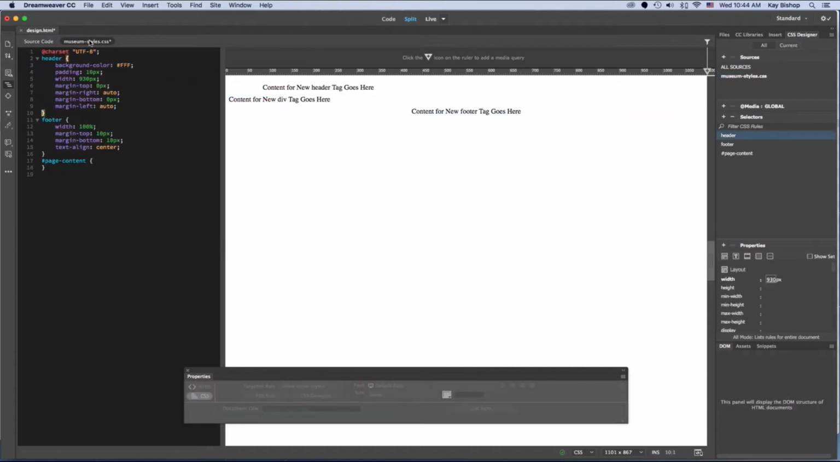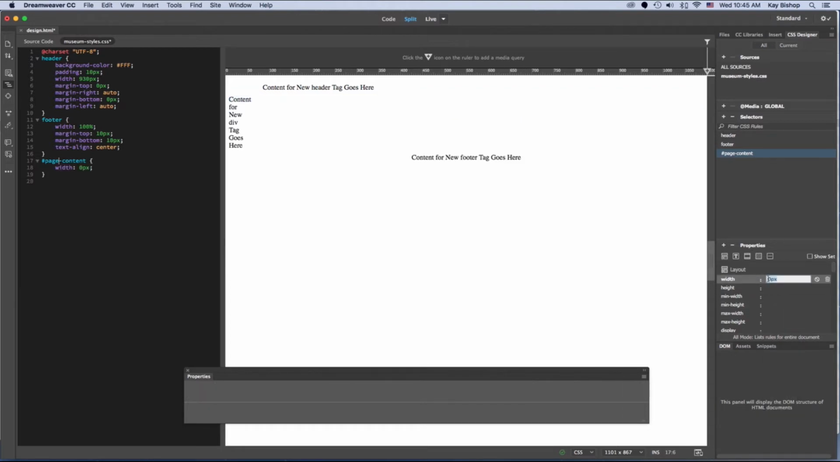Now if you go to the style sheet, you can see the page-content ID selector added, and it's also added to the selector menu. So then we can add some properties. There are no properties assigned to the selector yet, so we're going to go to the properties menu and add our custom properties. Select the width and select pixels, and then we're going to type in a width here of 950,